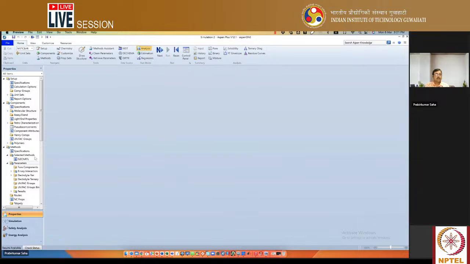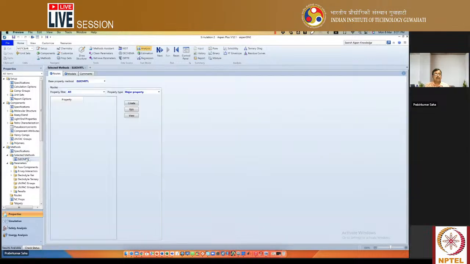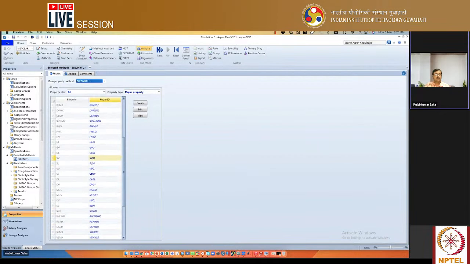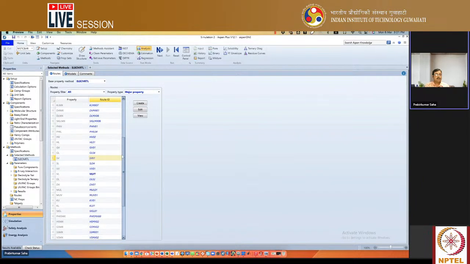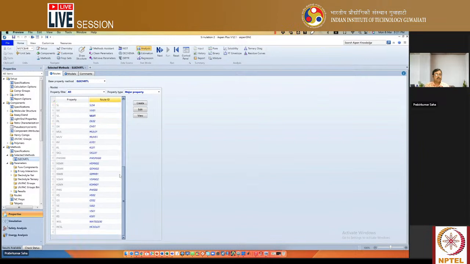Okay. So basically, you are not using the default models. Rather, you are using the model which has been suggested in the particular question. And now you have to answer the following questions. Which property method was not affected? Okay, so if you change it, which property was not affected? Liquid pure component molar enthalpy, is it affected? Let us see. When you change it,